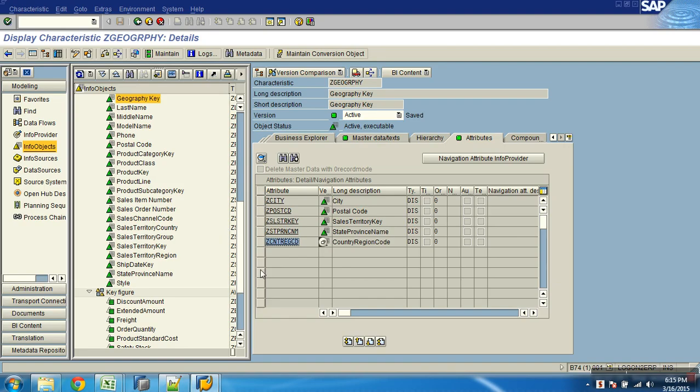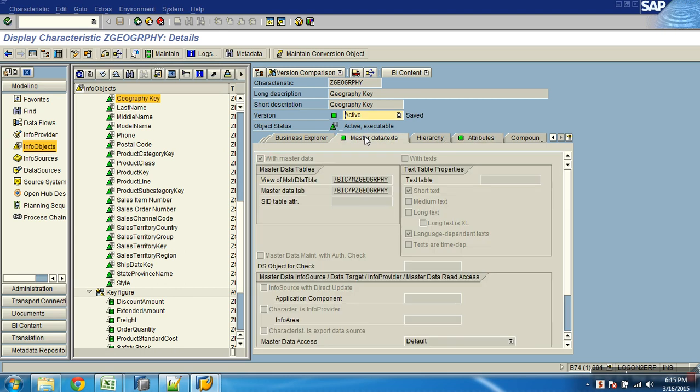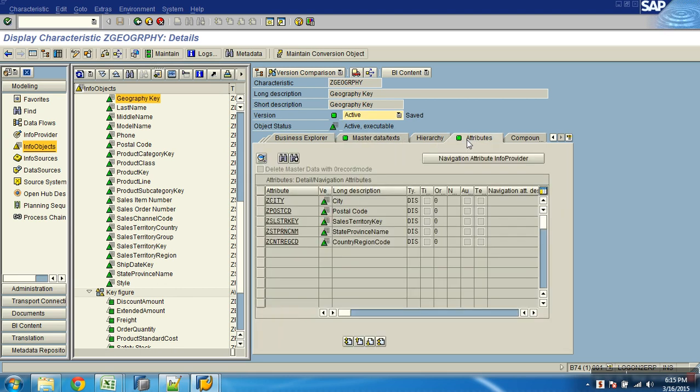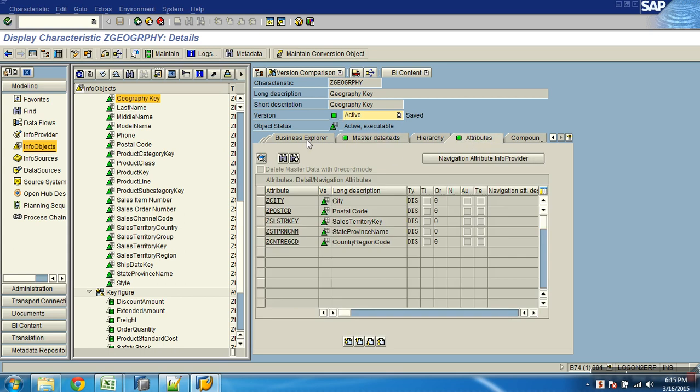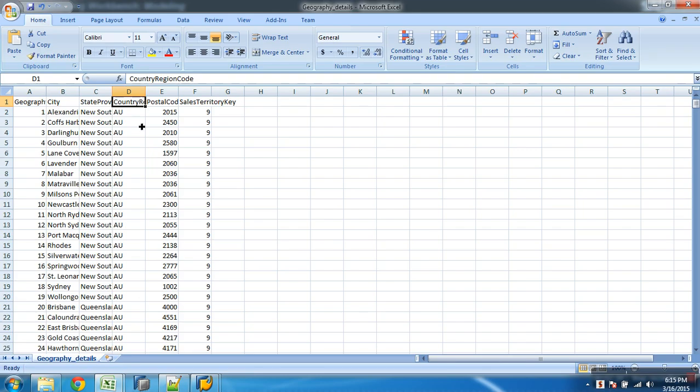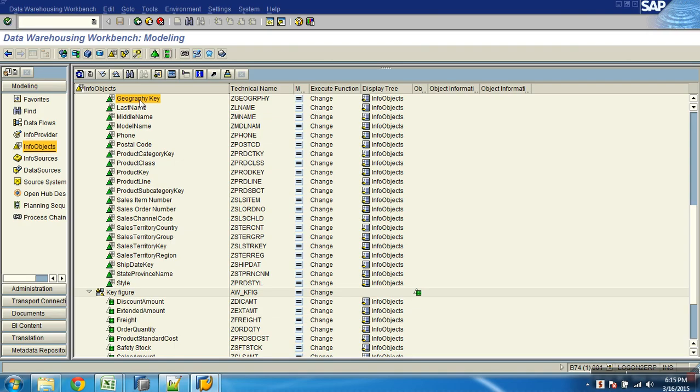Okay, good. So I see for this geography I wanted only attributes. There is no text which I modeled. Only the attribute table. So this is the file given to us. From this file I need to extract all this data and load it into this attribute table of geography.